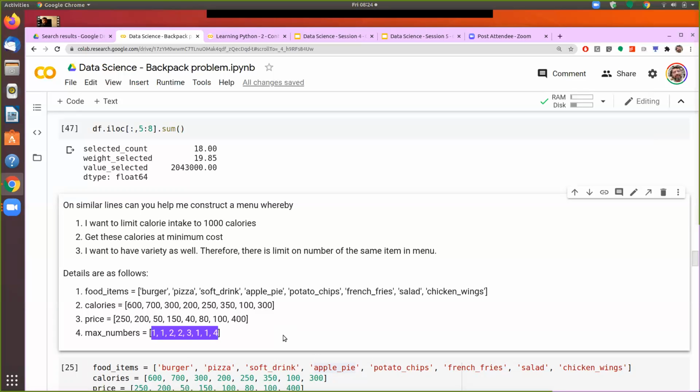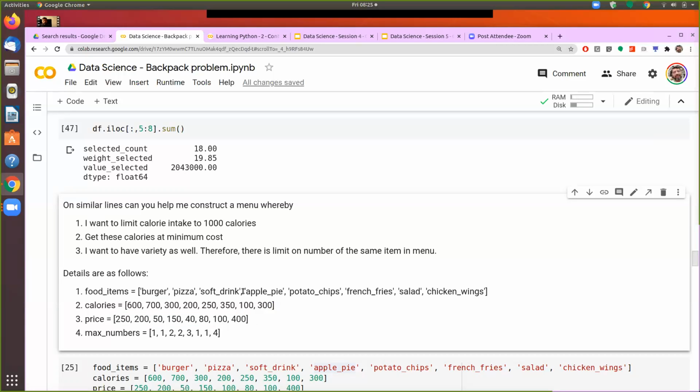That difference is that in that case, we were trying to maximize the value. And here I am trying to minimize the price. So I want to take 1,000 calories by paying the minimum price. There I wanted to take 20 kgs and I was trying to take the maximum value. So the problem remains the same, but with just one twist. If I can handle in the same piece of code the maximization problem and minimization problem, then with the same code, I can handle maybe multiple other varieties.